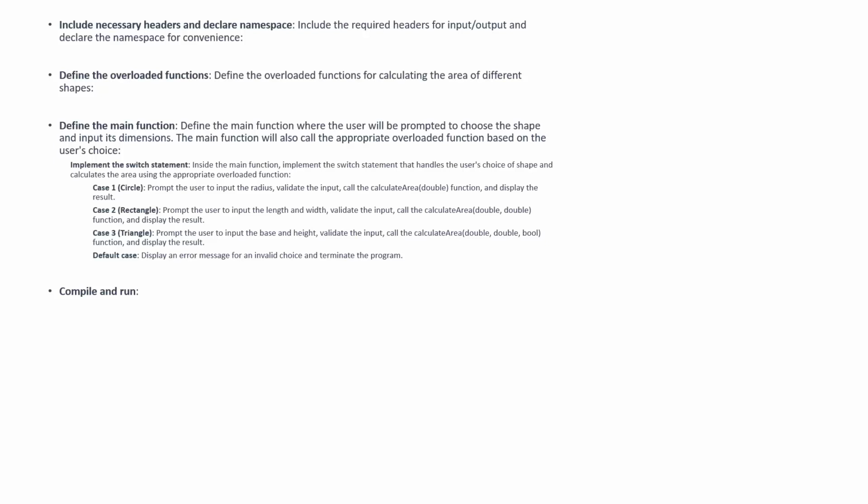For the menu, we use a switch statement. Inside the main function, we implement the switch statement that handles the user choice of shape and calculates the area using the appropriate overloaded function. Case 1 is for circle. We prompt the user to input the radius, validate input, and call the calculateArea double function, and display the